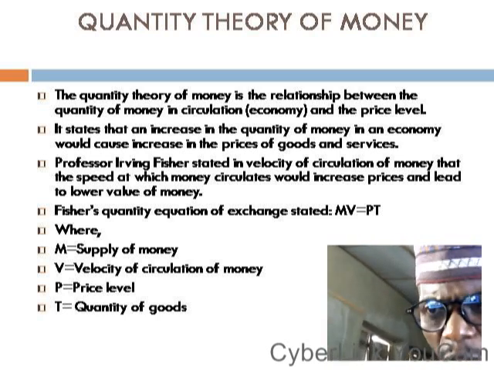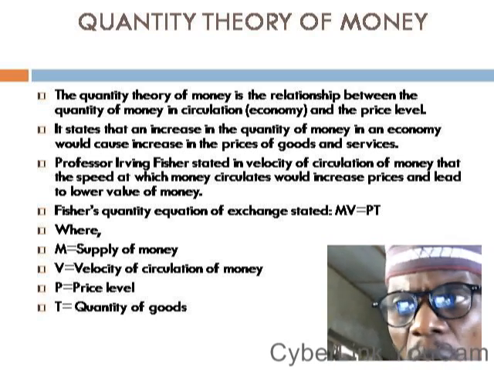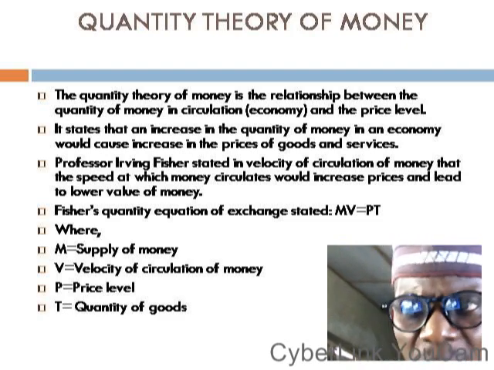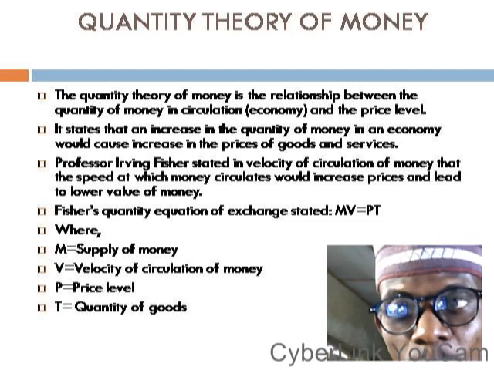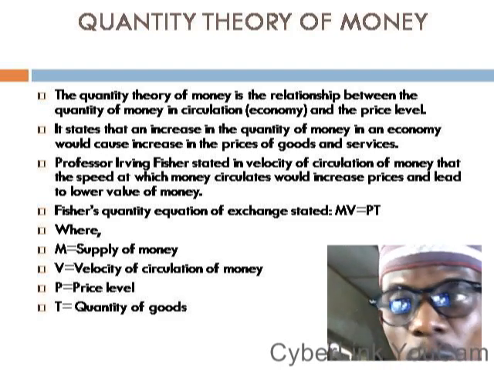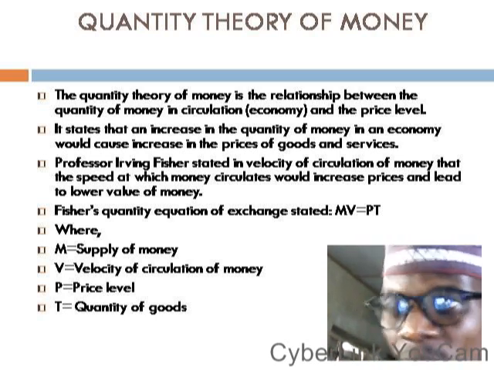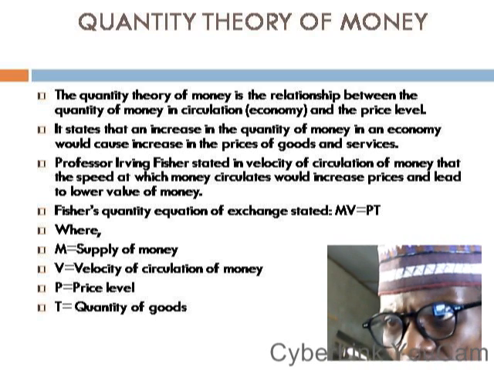Because you have a lot of money, everybody has money. When they price a particular good at 2,000 naira, and that good is not worth more than 1,000 naira, you can afford to buy it. But if you know that there's no money, and they price something at 800 or 900, then it will not affect the value of money.